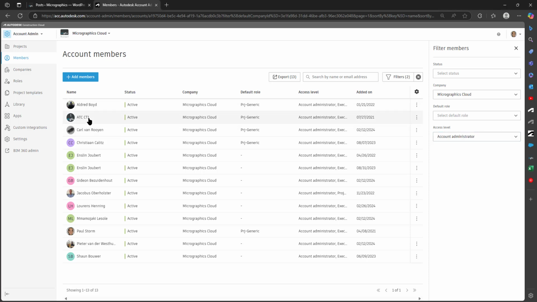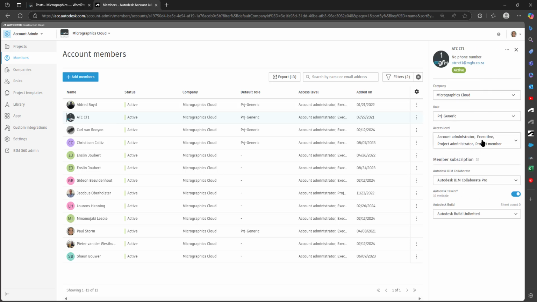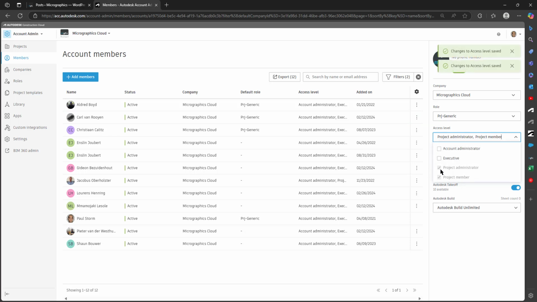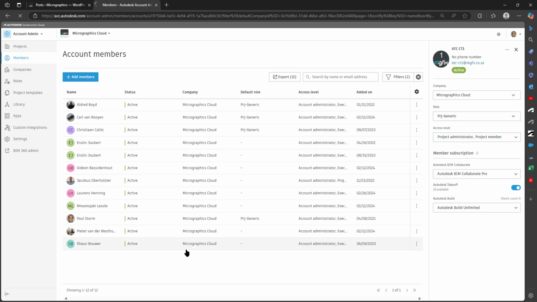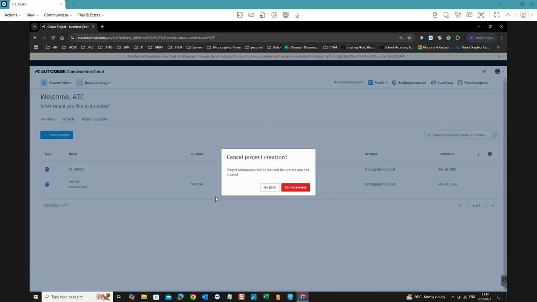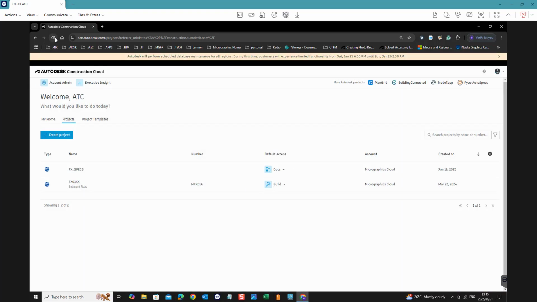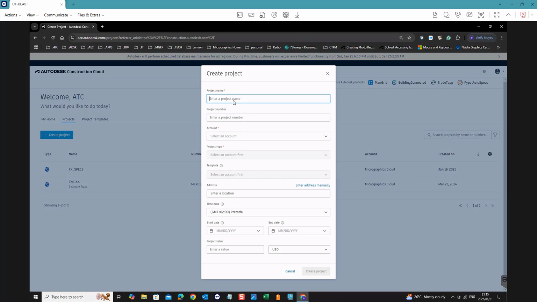If we take the account administrator off, and we say that the access level is only as a project member, like such. Let's refresh that. And then let's go back over here, cancel, let's refresh. So even though ATC1 now only has general access, it's no longer a hub admin or account admin, they can still create